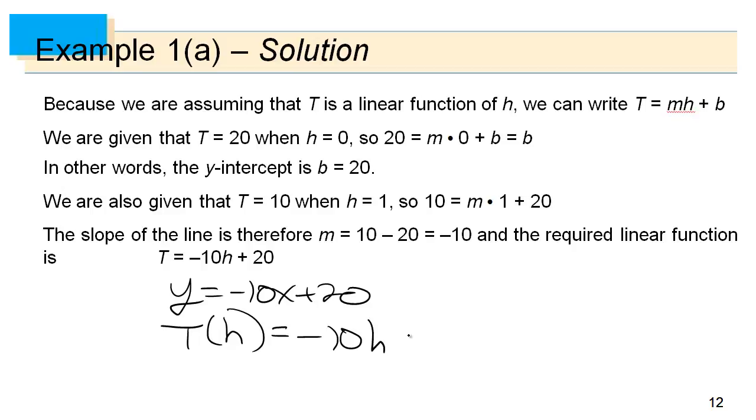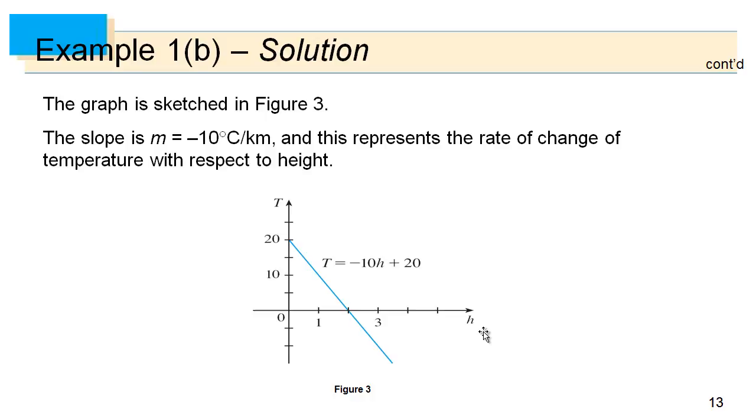So that's why we write it in terms of h. There it is graphed. Obviously, you always have to take into account what things are logical. If h is height, then this thing cannot be defined for negative h's, because you can't be at a negative height. I mean, technically you could be below sea level, but that doesn't really work when we're talking about